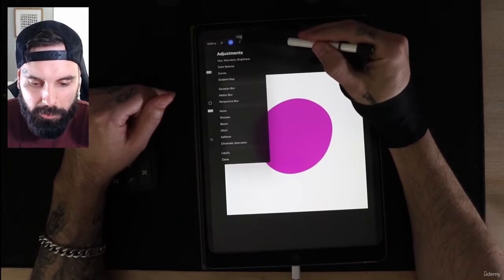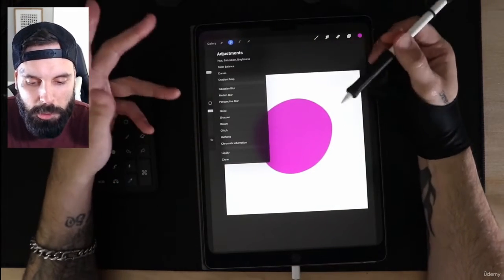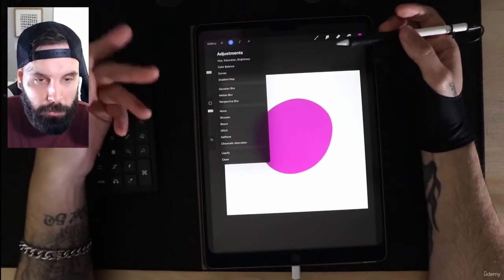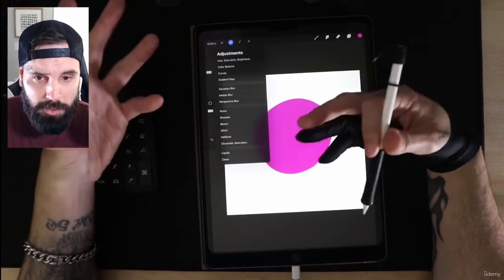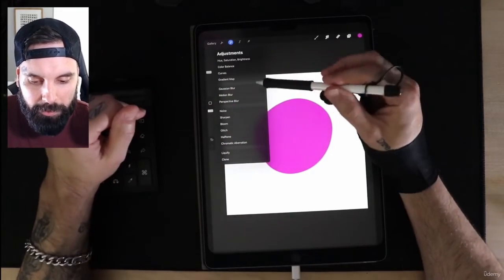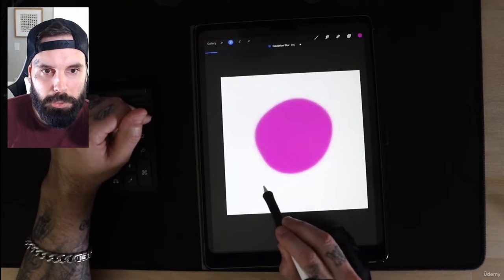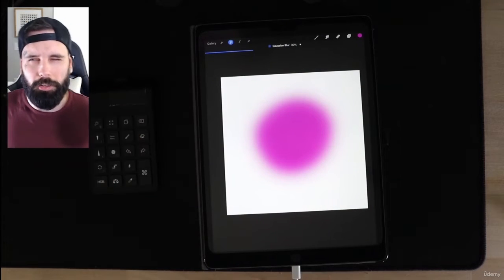So let's go back over here to this magic wand. Color balance, same deal. Curves, it's kind of like RGBs, which is your reds, your blues, your greens. You can add how much of those you want to add into the actual color that you already have on that layer. Gaussian blur is a way of blurring out the image,